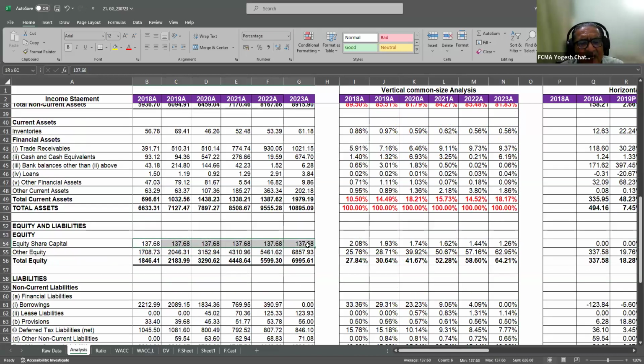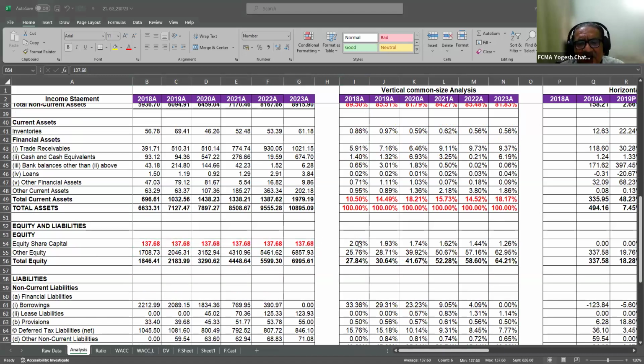Equity share capital, as you can see, in absolute terms, there is no change. So that is around 137.68 crore. And in percentage terms also, there is not much difference. But other equity is going up from 1,700 crore to around 6,800 crore. So that means this company is profitable, and not only profitable, this company is making use of an effective dividend